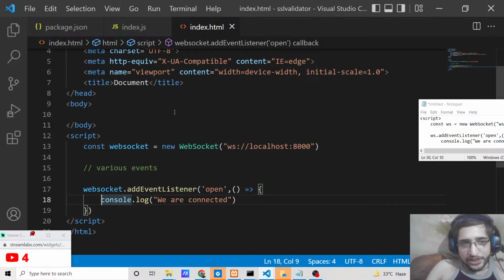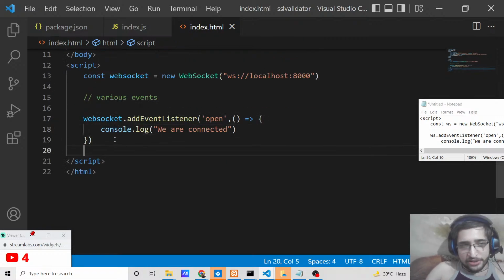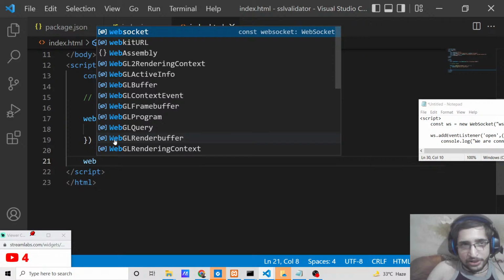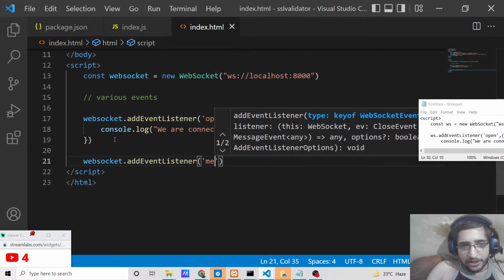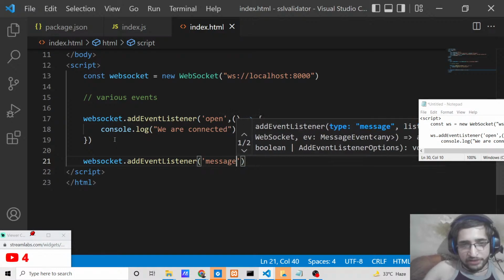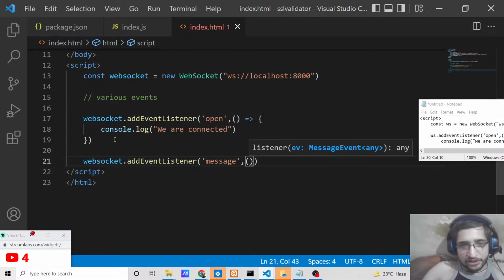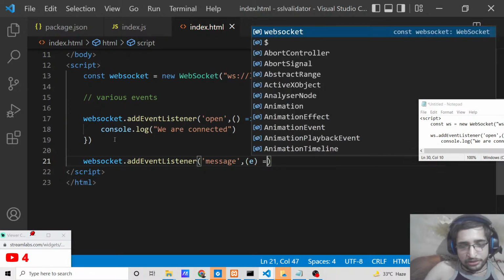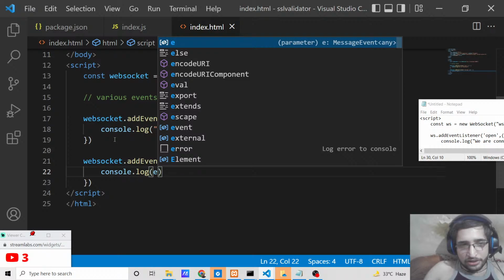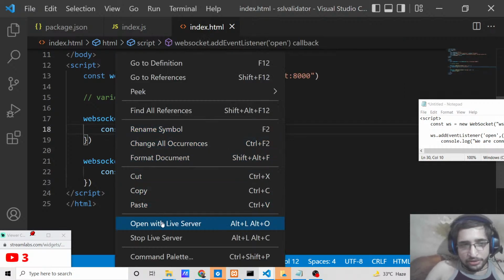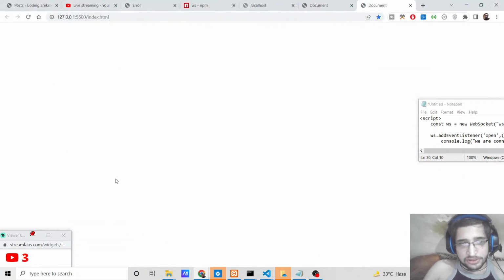We need to go to index.html, and right here we need to say WebSocket.addEventListener and message. So whenever we get some message, we can have this e parameter, and we can console log e. So now if I open this with live server, you will see that